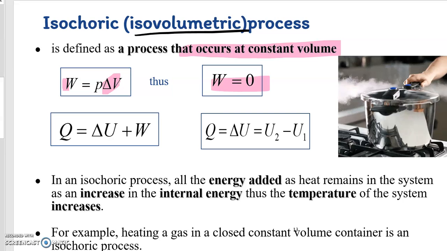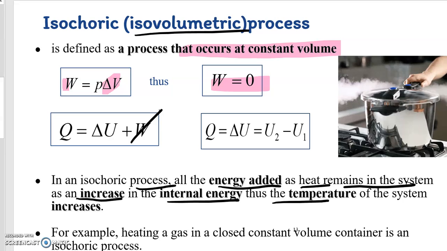So here W is zero, so Q equals delta U. In an isochoric process, all the energy added as heat remains in the system and increases the internal energy,